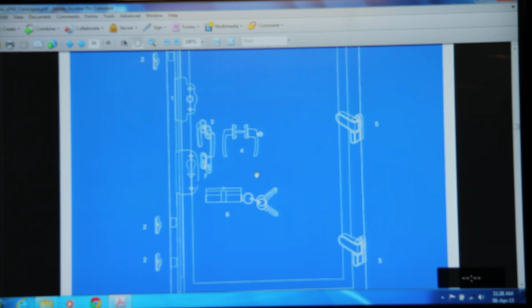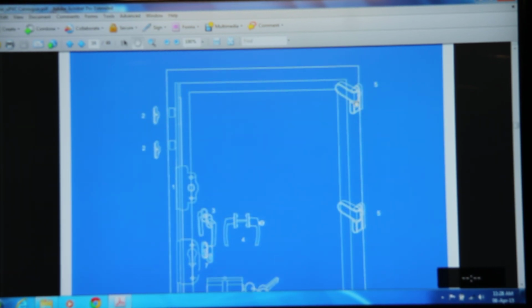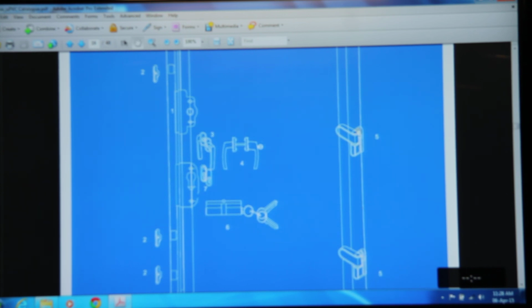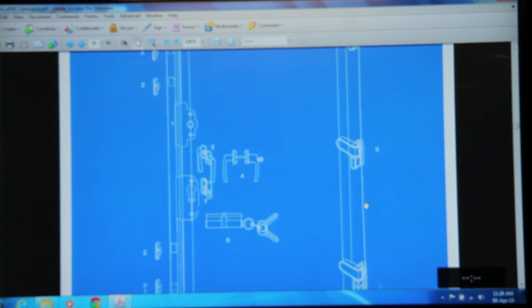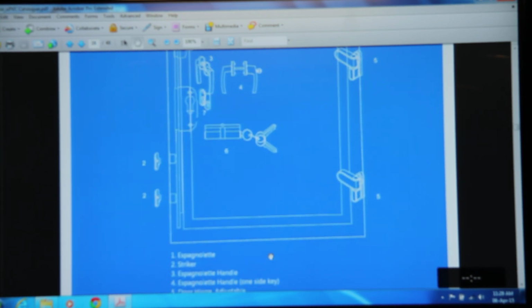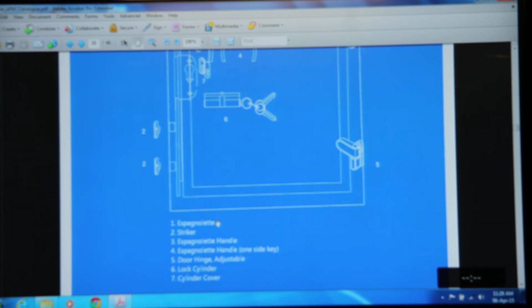And the fifth hardware is the hinges, which can bear the load of the door. According to the door load you can select the hinges. The sixth is the cylinder, which goes in this slot and you can lock or unlock the door, and these are the oval shaped cylindrical covers. So here you can see the